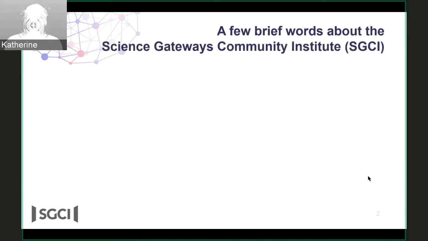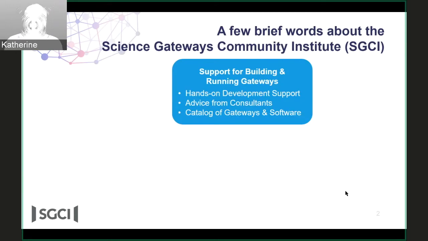I just want to talk a little bit about the Science Gateways Community Institute, which a number of you probably know plenty about because I see some familiar names on our attendee list. The Science Gateways Community Institute has been funded by the National Science Foundation to provide a variety of support functions and community building activities to bring together the Gateways community. The first of those areas is support for building and running gateways.